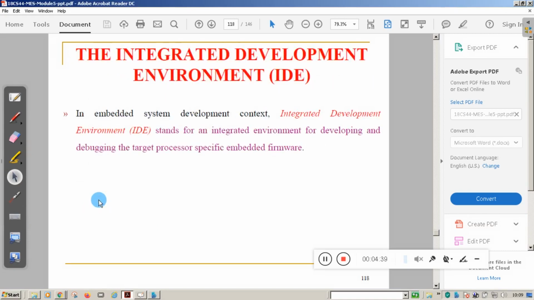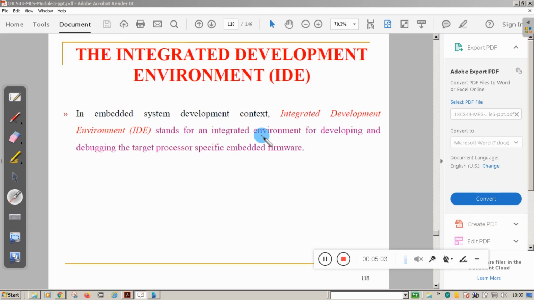Now we will see the IDE. In the embedded system development context, integrated development environment stands for an integrated environment for developing and debugging target processor specific embedded firmware. So the IDE is used for developing firmware for the target processor.